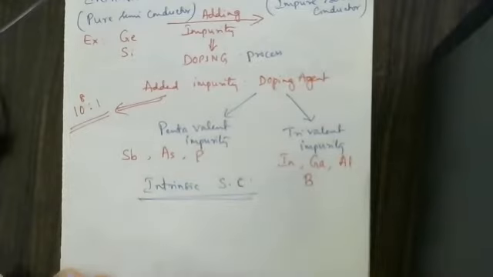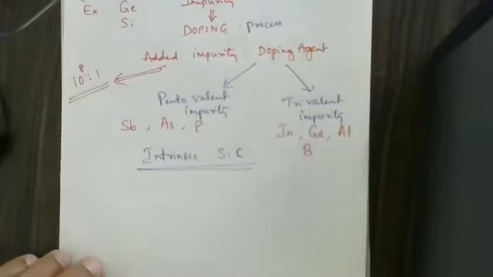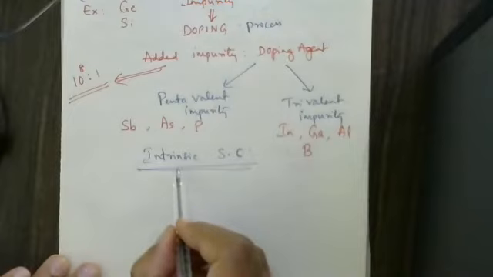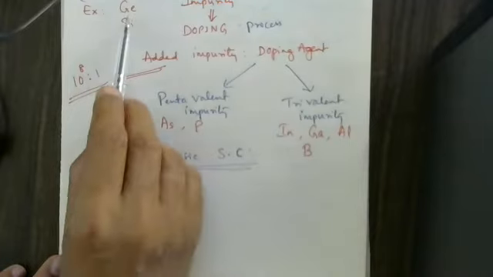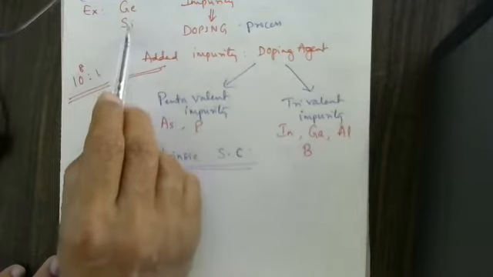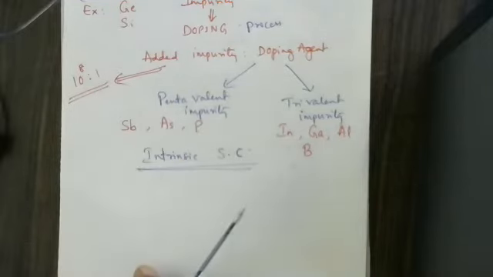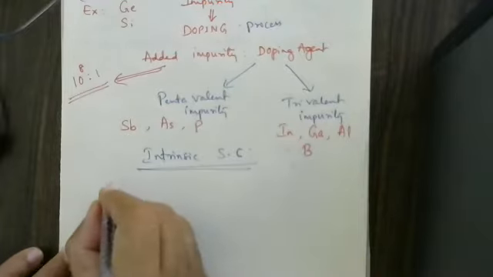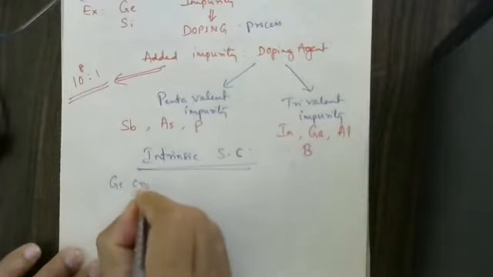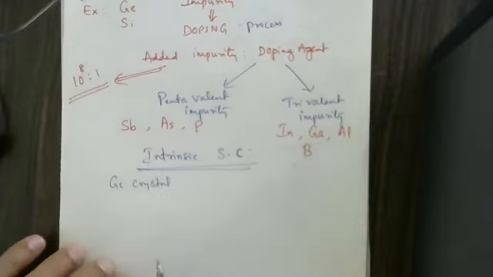What is happening here? Intrinsic semiconductors. In the case of intrinsic semiconductors, means pure semiconductors, you choose any one here, either germanium or silicon. Anyone we can choose. You select anyone, no problem. I will consider germanium crystal. Let us consider germanium crystal, which